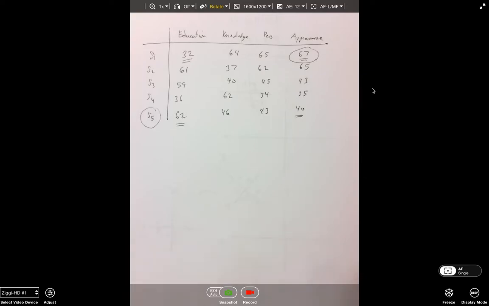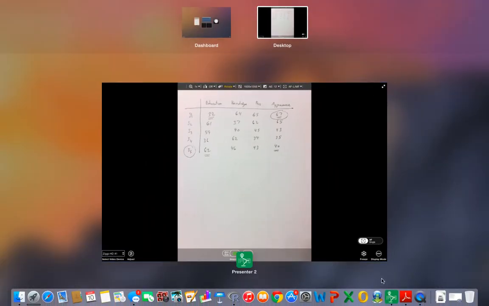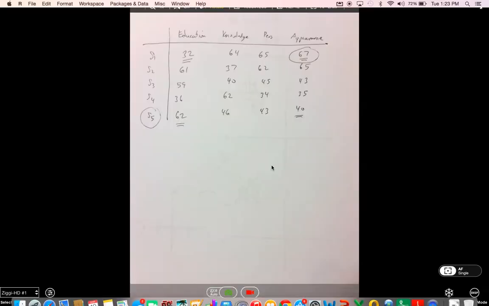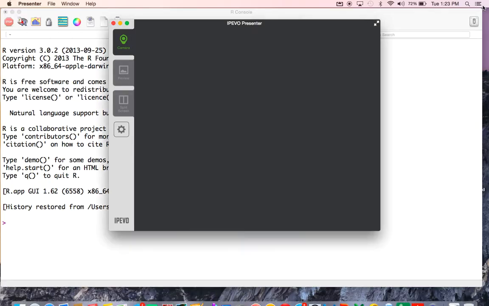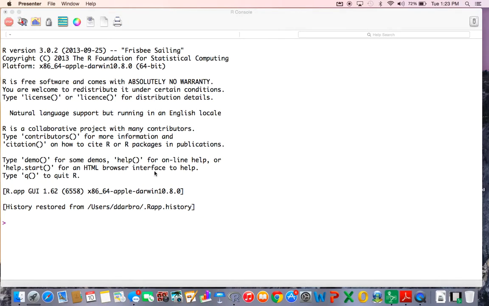Now, guys, the first thing I want to do is enter this data into R, and I'm going to shake things up a little bit because I want to, and I guess because I can. I want to enter the data as just vectors. First, I'm going to call this education, and I'm going to enter this in as